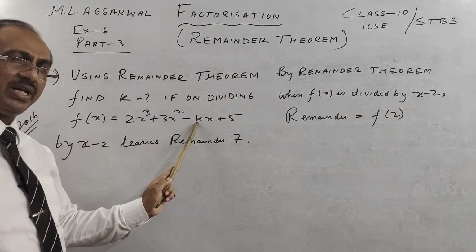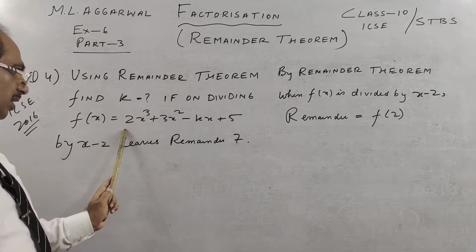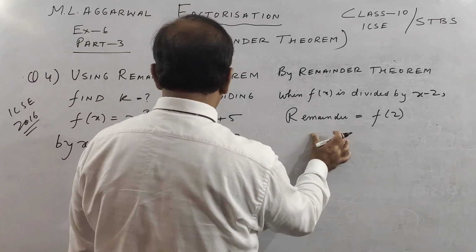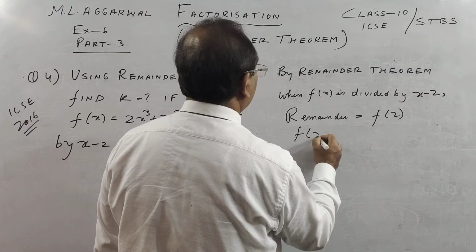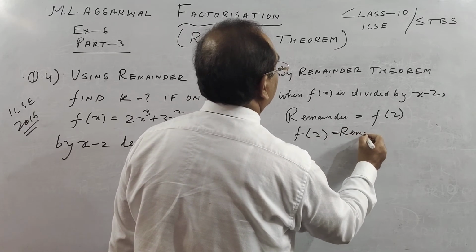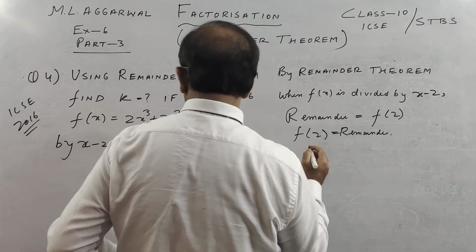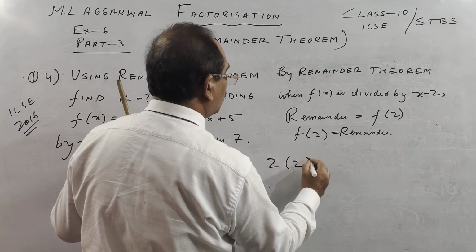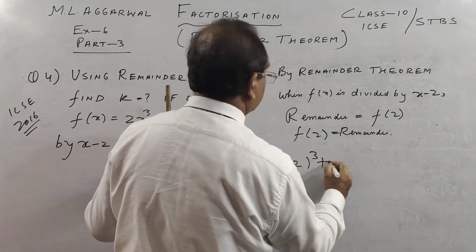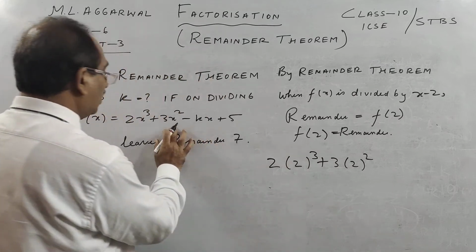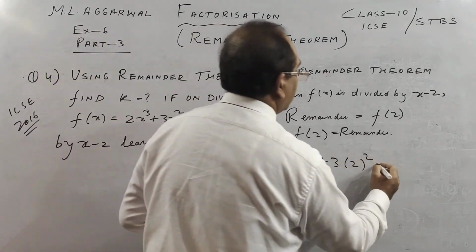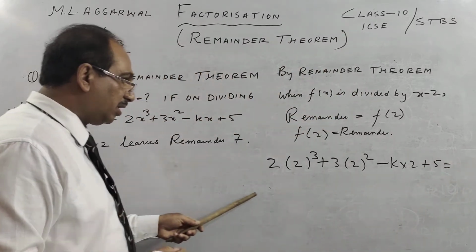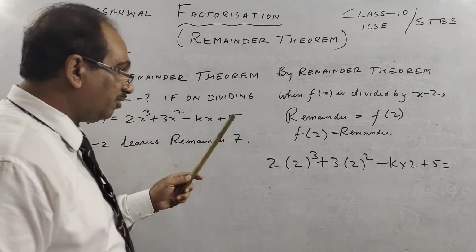Here, if k would not have been there, you would simply divide and get an answer. But here we have to find k. So see what we do. The remainder is given, 7. Just I write it opposite: f(2) is the remainder. So, children, in place of this x, I put 2: 2 into 2 cube plus 3 into 2 square, wherever x is there put 2, minus k into 2 plus 5. Since k is unknown and we know the remainder,